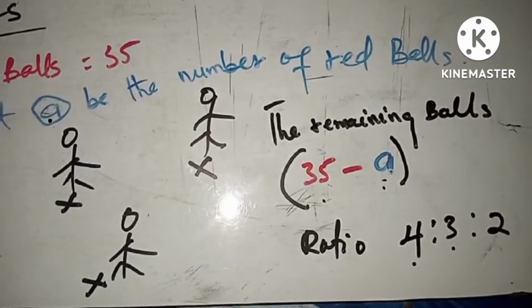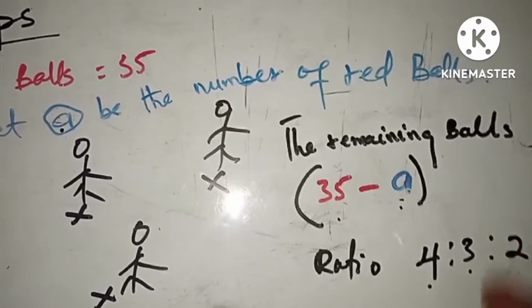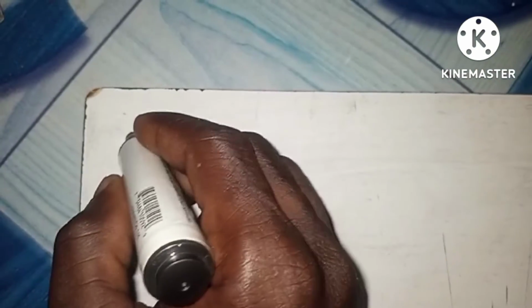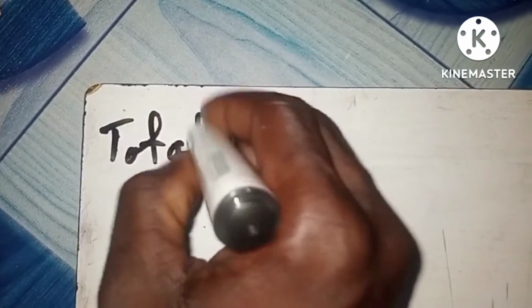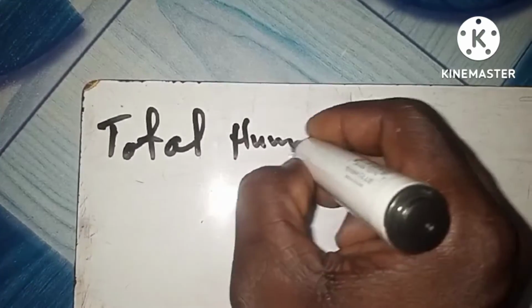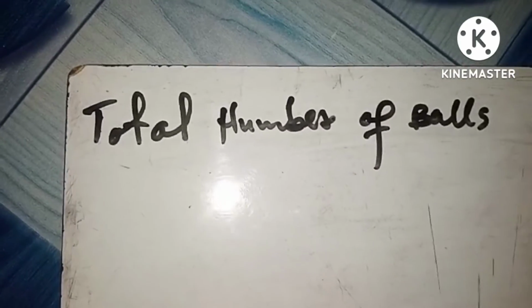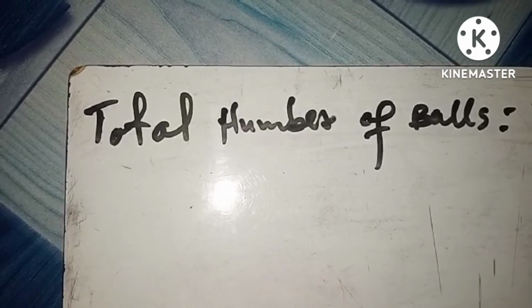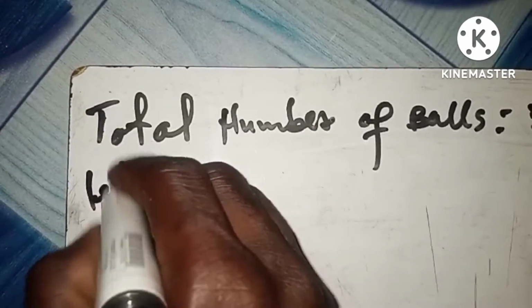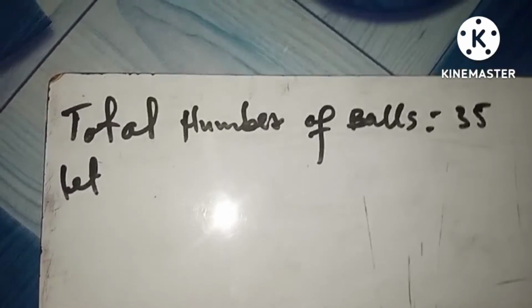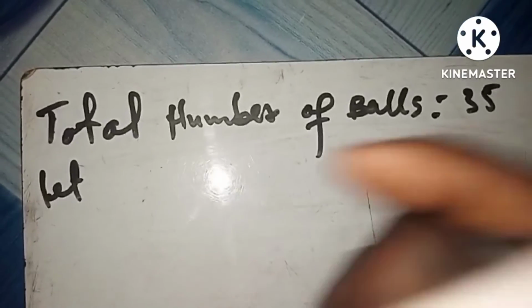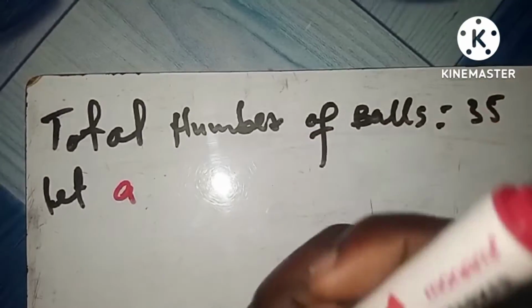This is the scenario. Now let's write out the way of solving this mathematically, one by one. So here's a simple solution you have to write. First of all, you have to start with the total number of balls that they are sharing, right? So the total number of balls is equal to 35, and then we can let a letter, any letter, of course. Here we are going to choose a. So let a be the